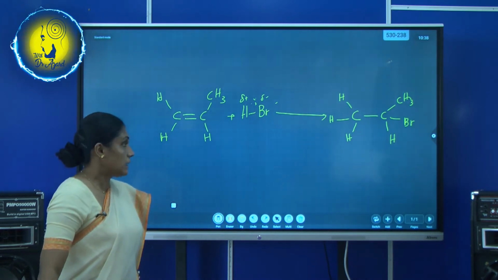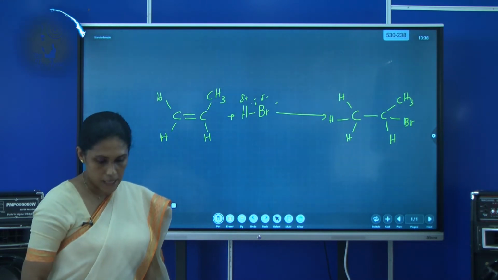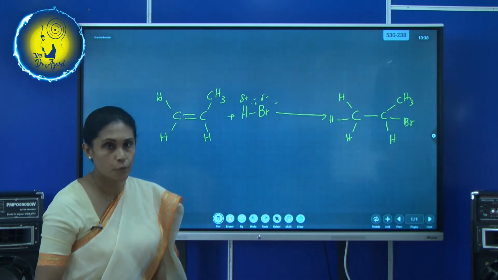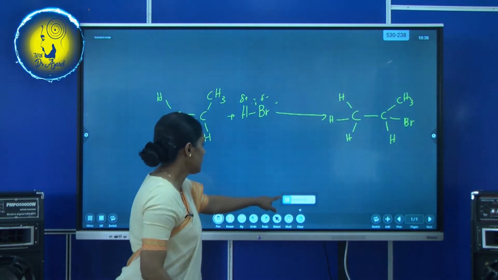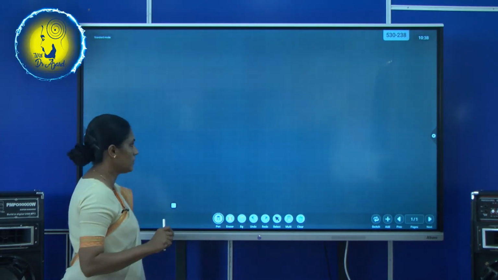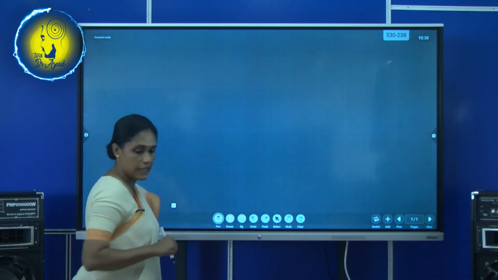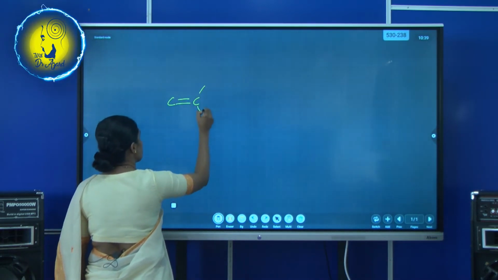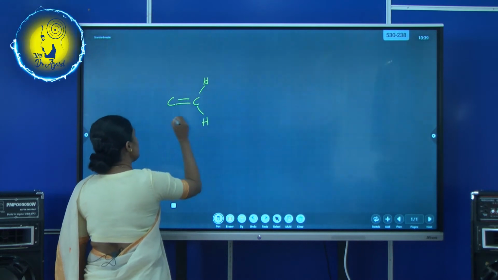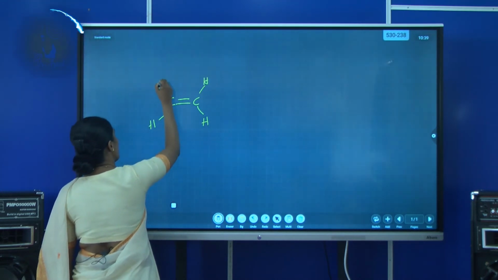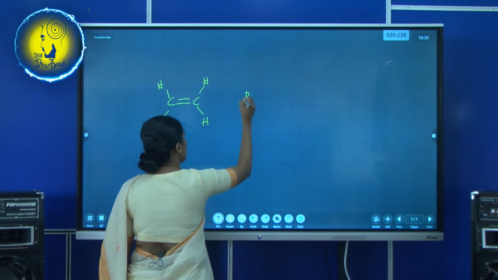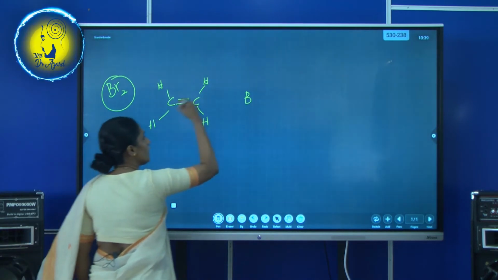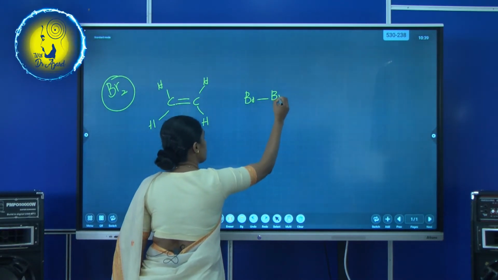Right? According to the note, I have taken another example, that is diatomic bromine. Let me show you that also because it is a bit different. Let me take ethene once again. Ethene is the simplest alkene that you have come across, and we have diatomic bromine. You know, we write diatomic bromine like this, but I am not going to write it like that. I will represent the bonding too.